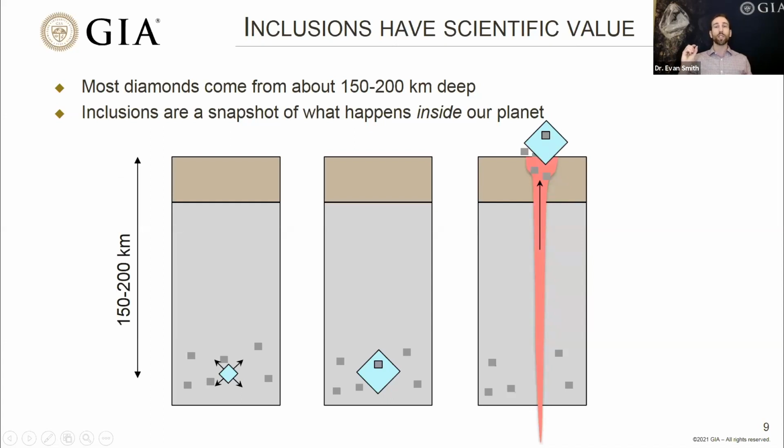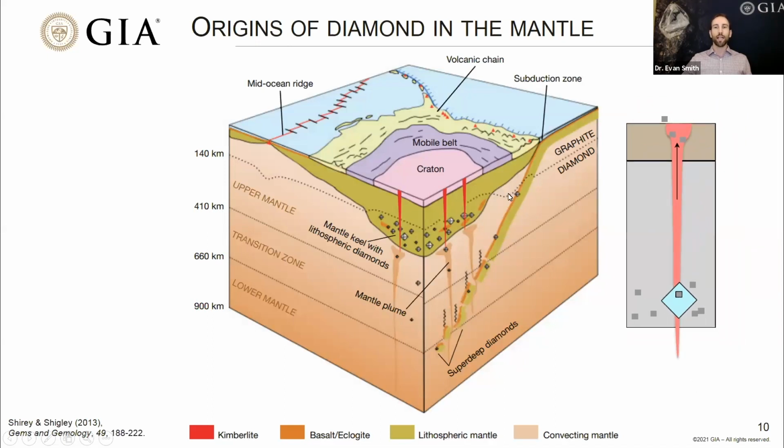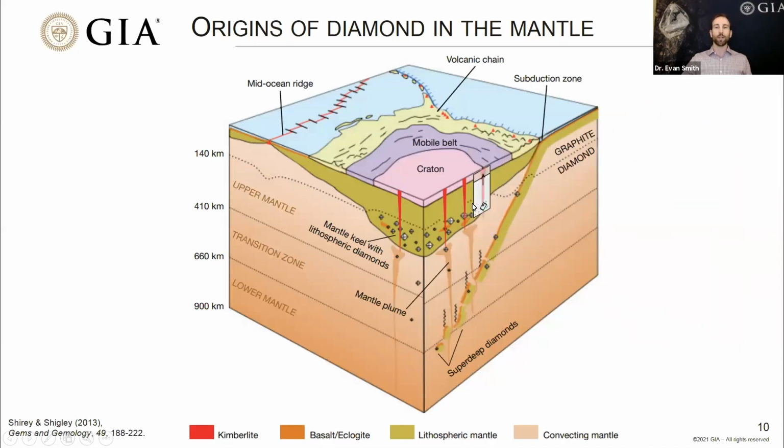And those inclusions are really well preserved because the diamond encapsulating that material is very hard and almost chemically inert. So it's very good at protecting that material. So we zoom out a little bit from this cross section and try to fit it into a larger geological context. Here's that cross section I just drew, and it fits about here on this cross section.